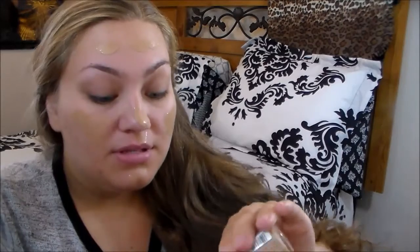So I'm just going to pat some on my fingers because there's no pump, and I'm not usually a fan of foundations that don't have a pump. I think pumps just make everything easier in life, because it just takes a lot of time to try to push it out. But this is a really great foundation, and I would still use it if it didn't have a pump because I love it. It's just amazing, and I've been missing out a lot